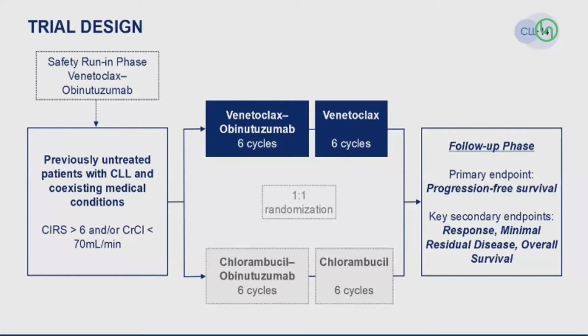And we saw the final results, or the longer follow-up, of CLL14 from the German CLL Study Group. This CLL14 is for treatment of previously untreated patients with CLL and coexisting medical conditions. Patients were randomized to receive either venetoclax plus obinutuzumab or chlorambucil plus obinutuzumab. And one of the big benefits of this treatment is that it's only 12 months of treatment compared to others which